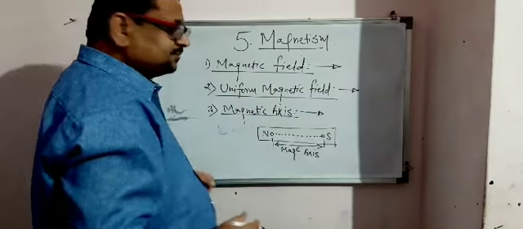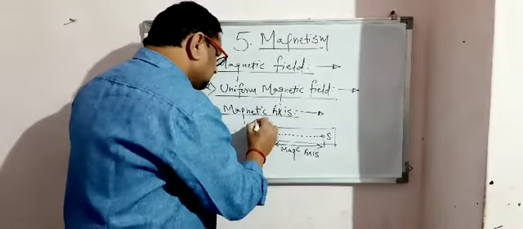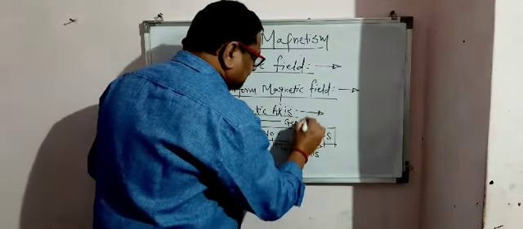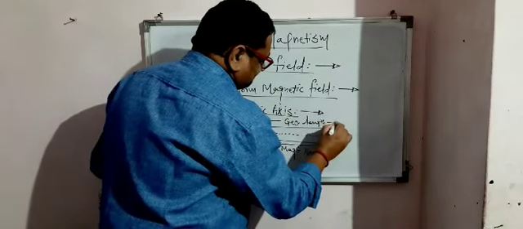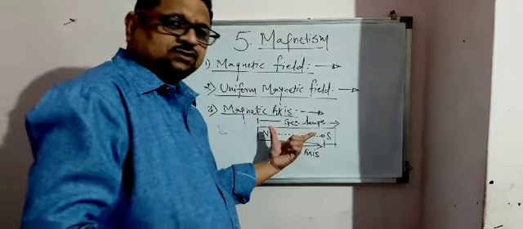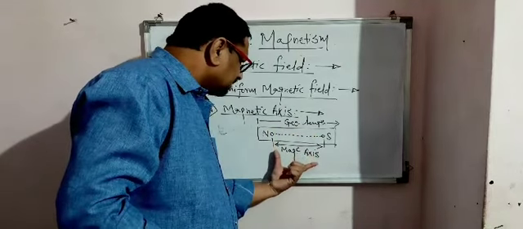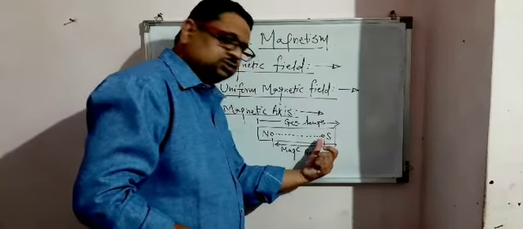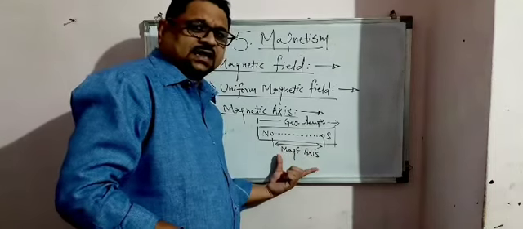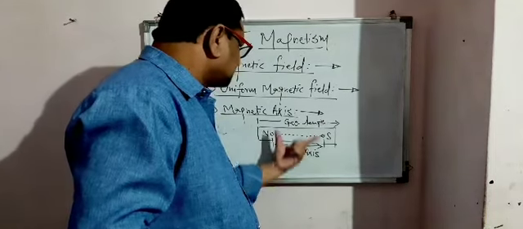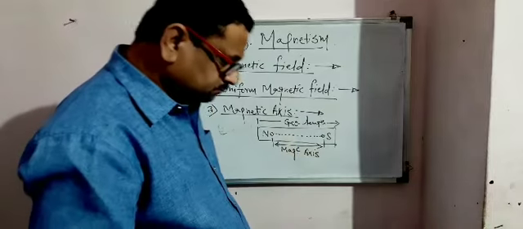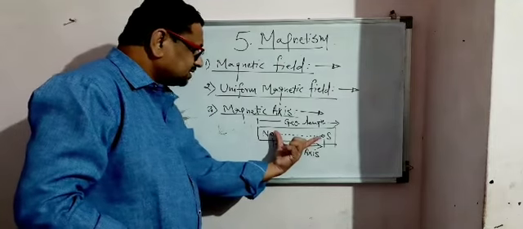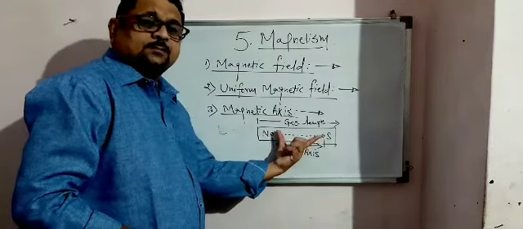And what is the geometrical length here? Geometrical length is the complete length of a magnet, while the line passing through the center of the magnet, joining north and south, is the magnetic axis. So this is the magnetic axis, and this is the geometrical length, or you can say it as the magnetic length also. You can see this is the axis, and that is also the magnetic length.